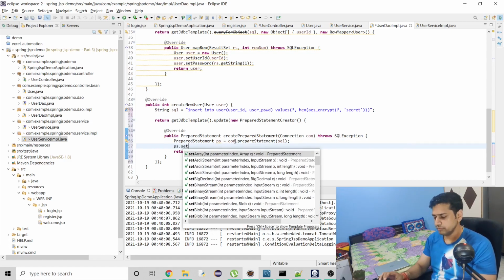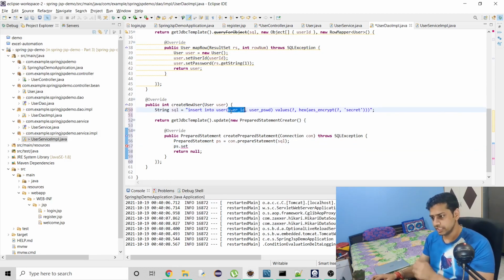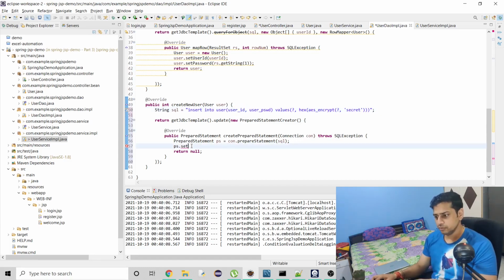So for that we have the values. First we have to know the type. If you don't know the type, you can refer to the type from the table column. Let's say if user ID is integer or number in your Oracle table, then you know that the type you have to use is int here, otherwise string or whatever type is there.